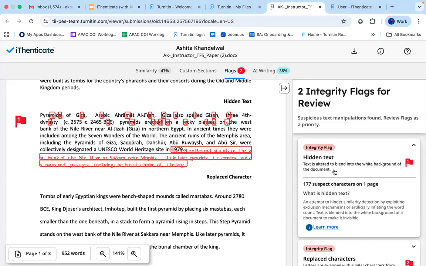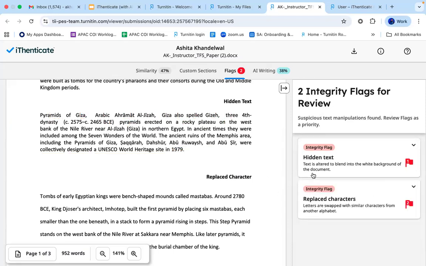Now, these can be done intentionally by the author, or unintentionally if you are copying something from an unverified internet page or any unverified source. There also you can find these hidden texts, which are automatically copied to your own paper. So always check for hidden text. It can create a wrong impression in front of the publishers as well.